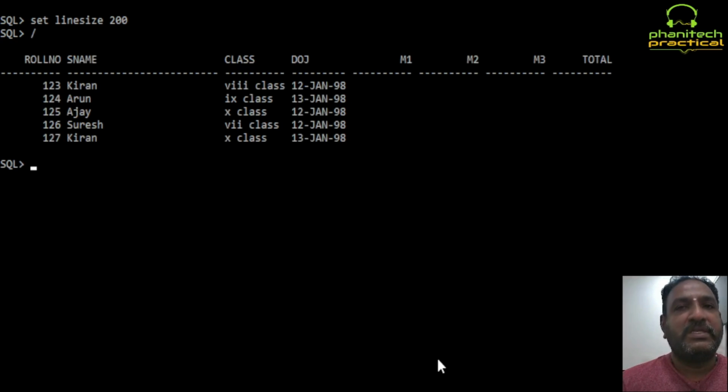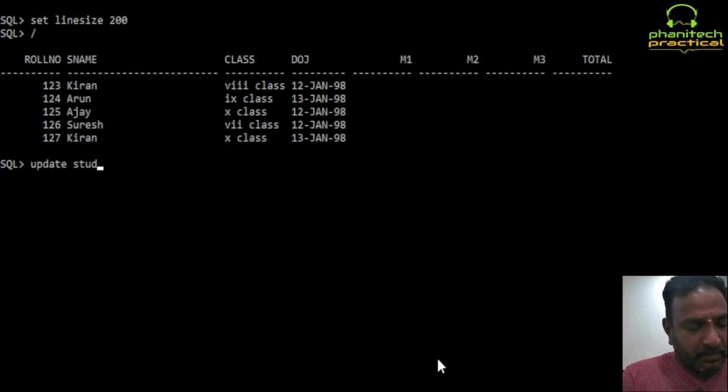Now for existing records we are adding new columns. For these new columns I want to give the data. Records already exist, and for existing records you are adding new columns. For these new columns you have to add some information. In this case it's not possible by using insert. If you are using insert, what happened? The new record is created, but I don't want to create a new record. For existing roll number 123, I want to provide 3 subject marks. Same way 124. So we can use the update statement,